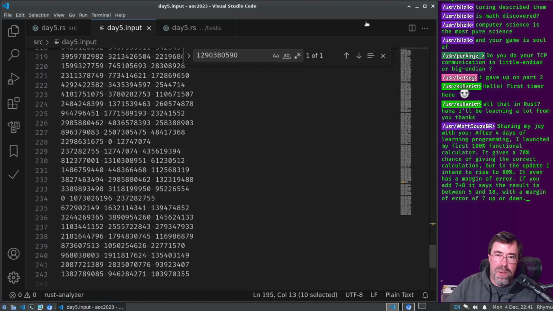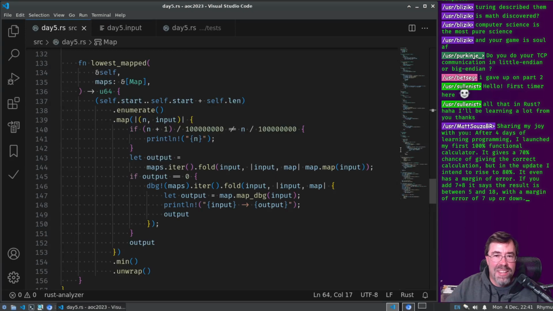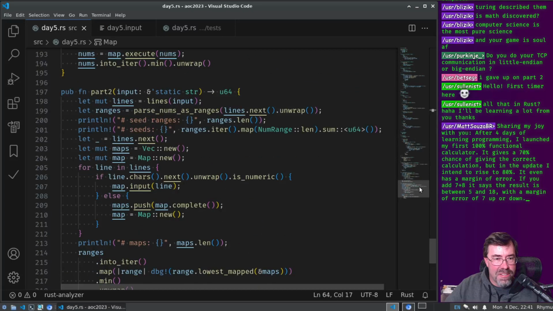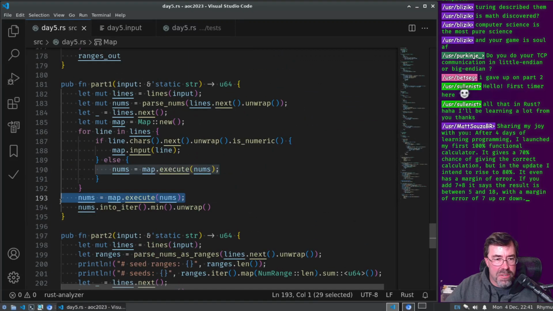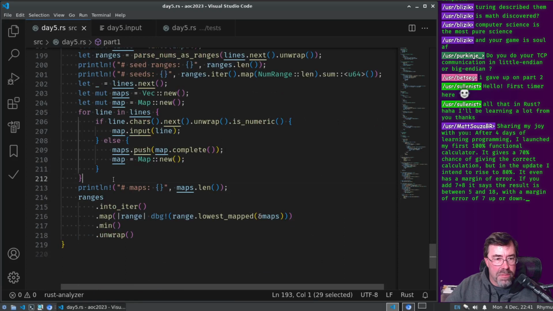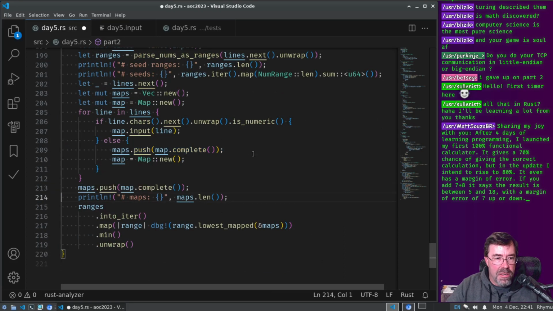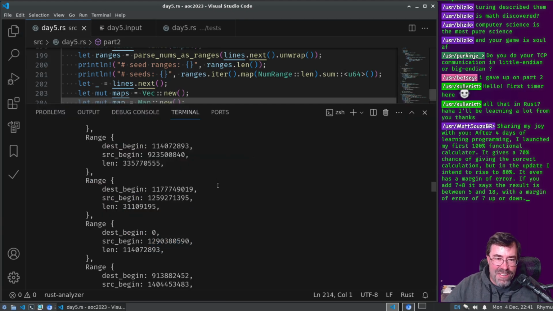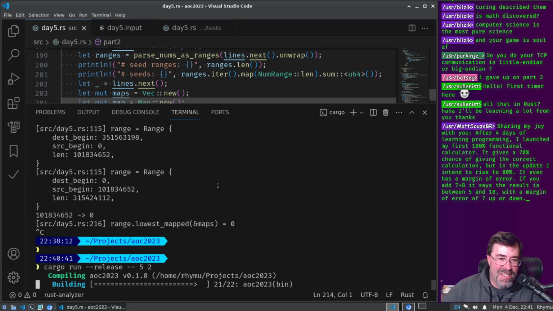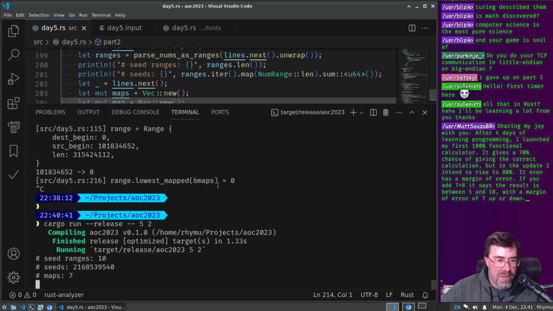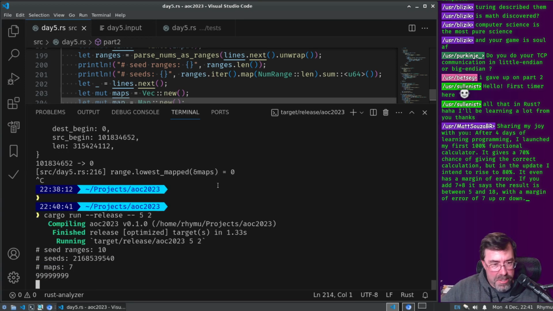Oh, I know what I did wrong. Remember how I had an extra execute at the end? Well, I forgot to do an extra map push complete here. There are 11 maps, not 10. Okay, one line was wrong. Or there are 7 maps, not 6.